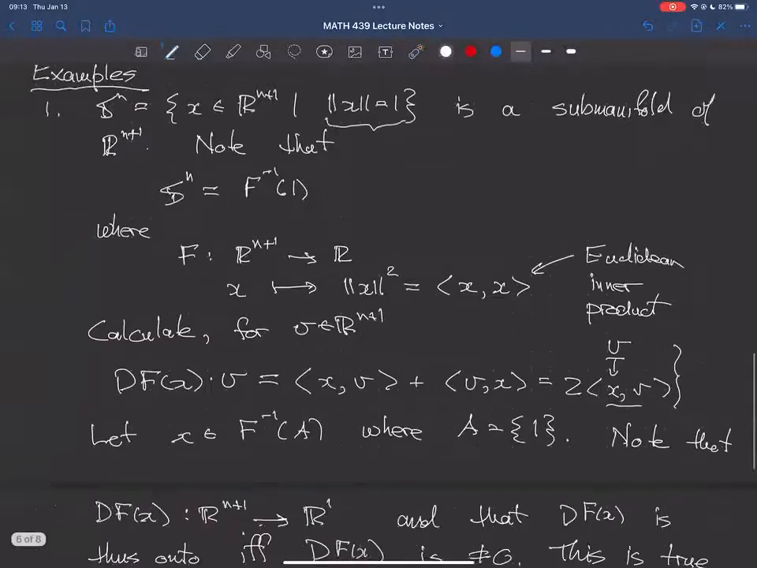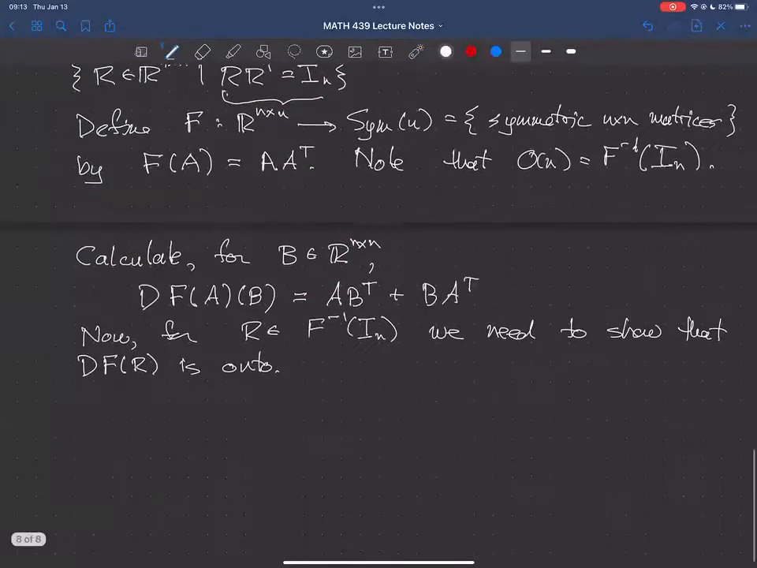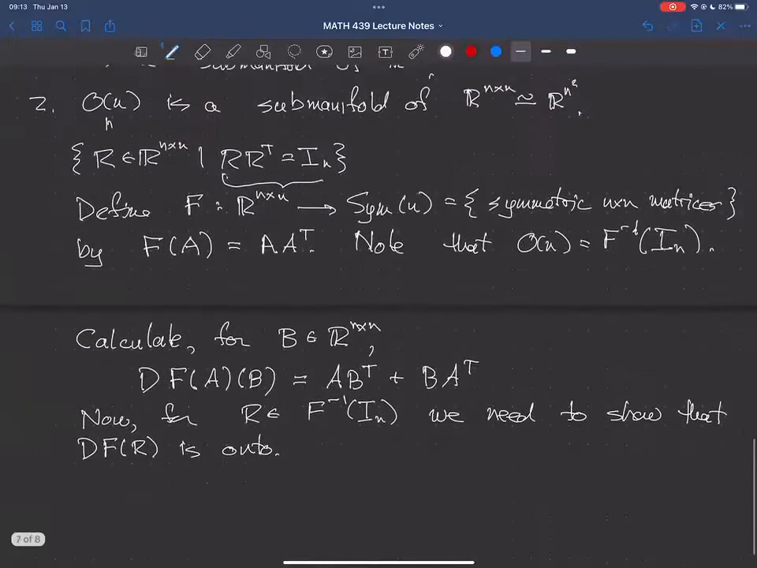Okay, so here we're going to directly show that it's onto by taking a vector in the codomain of this linear map. The codomain of this linear map is the set of symmetric n by n matrices, and I'm going to show that there's some B which maps onto that. Okay, so we need to show that that thing is onto. So indeed,